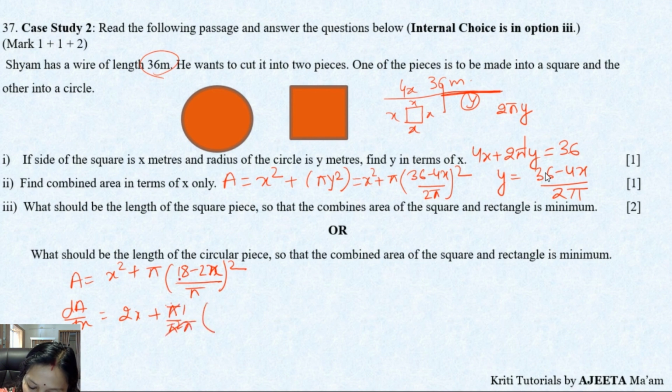Let's keep it separate. Now what is the derivative of 18 minus 2x whole square? So 2 into 18 minus 2x into minus 2. So that will be the derivative. Now we will equate it to 0 for finding the point of minima. Now let's equate it to 0. So 2x will be equal to what? 4 into 18 minus 2x. Correct? Now let's make it